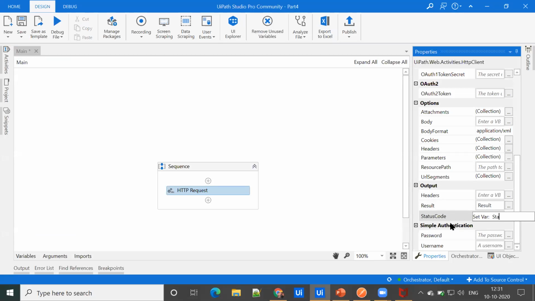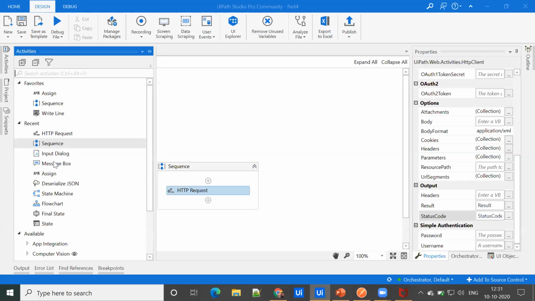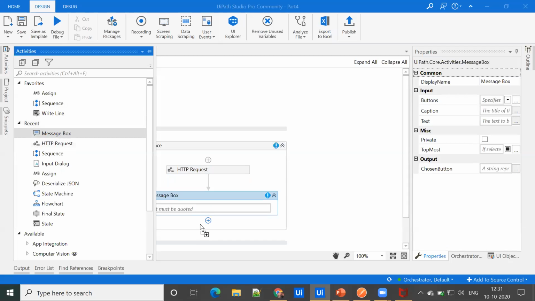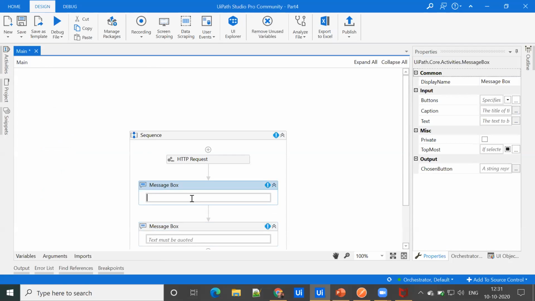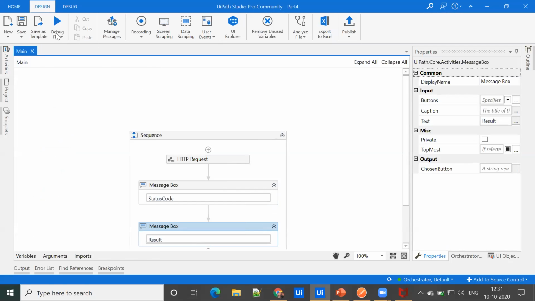Let's say status code. Now what we'll do, we'll use the message box activity to print this. We'll have one more message box activity for the status code, and here we will print result. Just save it and run the workflow.